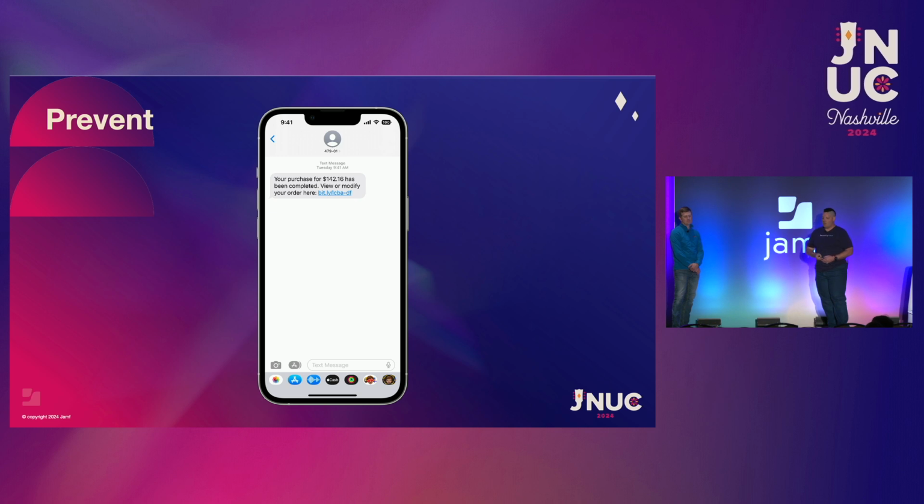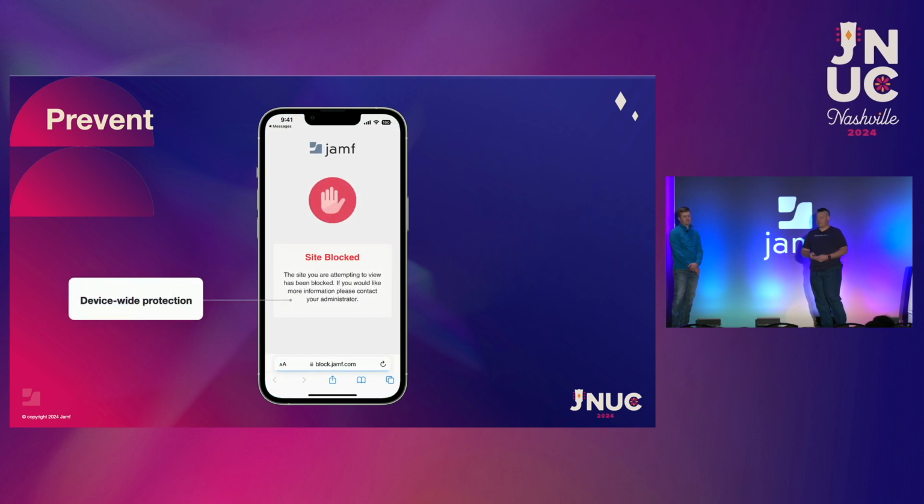There we go. We want to make sure that when we're on the network, we get rid of all of those zero-click scenarios where somebody gets a text message or is being phished, for example. We want to prevent that person from performing behaviors that might hurt themselves. In this particular case, with our Prevent, we're going to be talking about Jamf Security Cloud, managing the DNS of the device